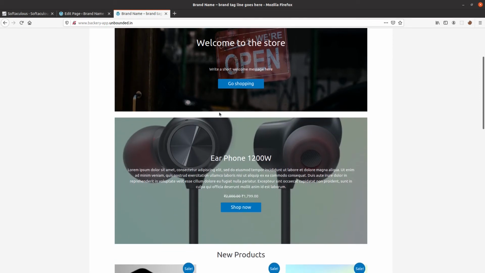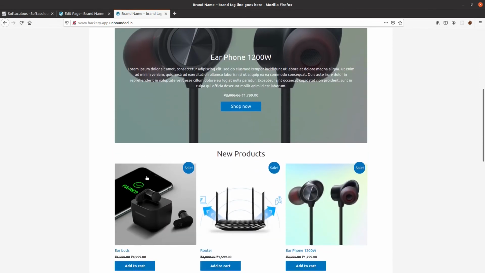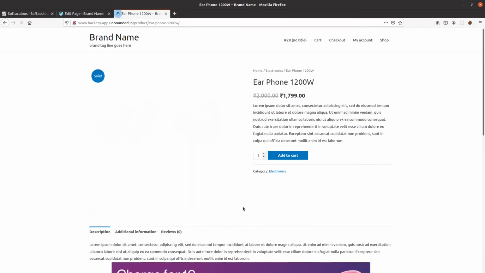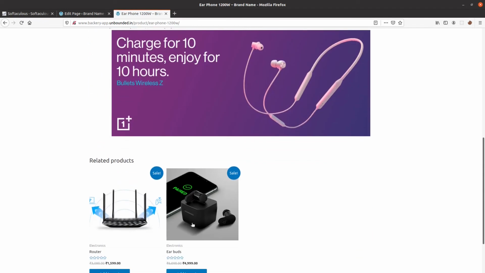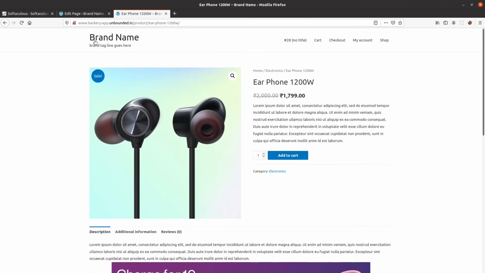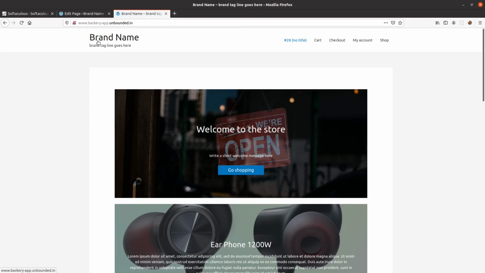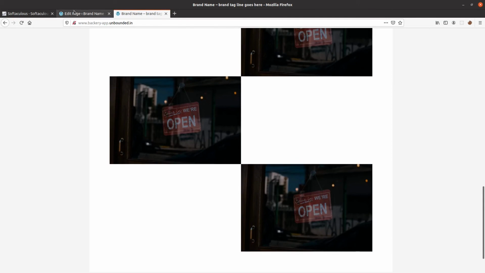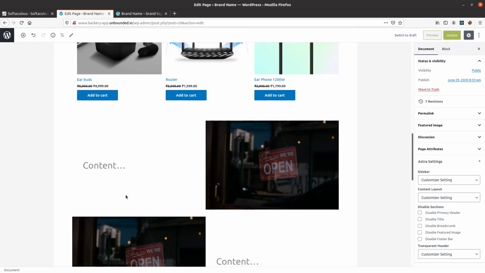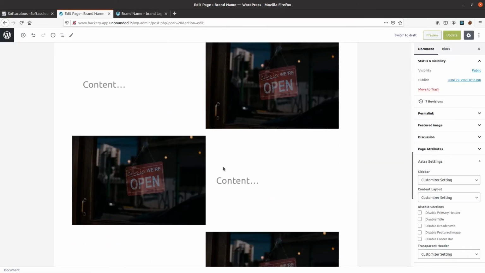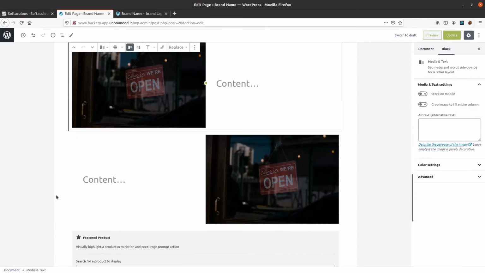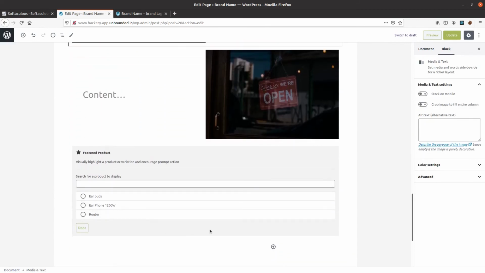Even if you want to write some text, add some details here, you can very well add. Now the featured product has been added. It has a shop now button which takes you to the product page, and there you go. You have a full-fledged e-commerce website ready to use, go live. All you need to do is keep adding products, and you can customize all these options here. You can write some content, change the images, upload different images that are more relevant to your website.